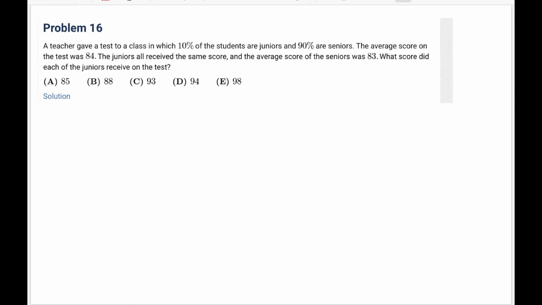Problem number 16. A teacher gave a test to a class in which 10% of the students are juniors and 90% are seniors. The average score on the test was 84. The juniors all received the same score, and the average score of the seniors was 83. What score did the juniors receive on the test? So